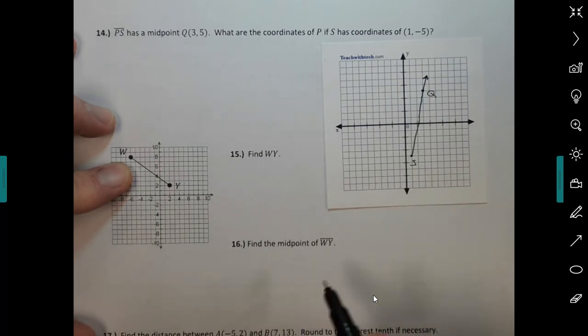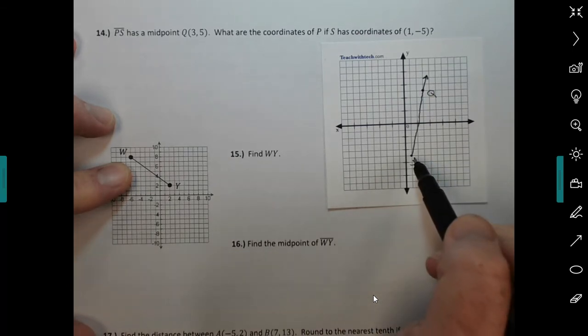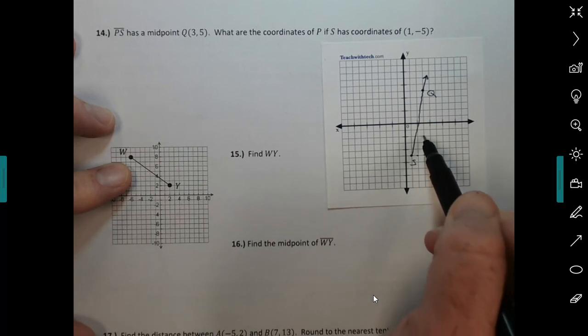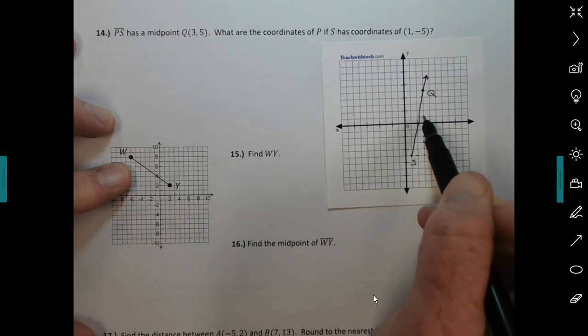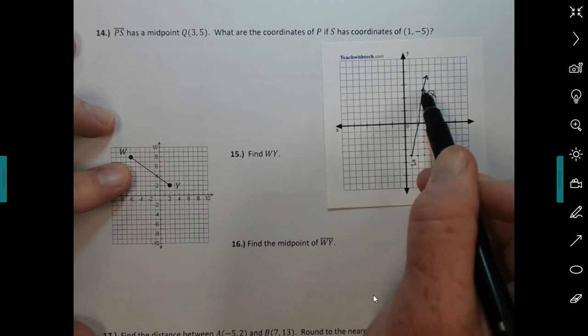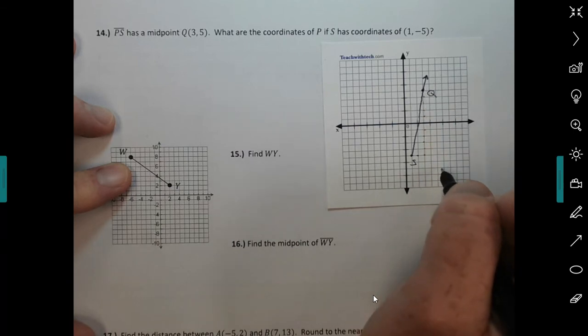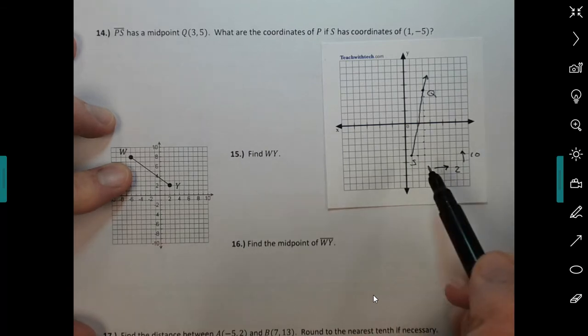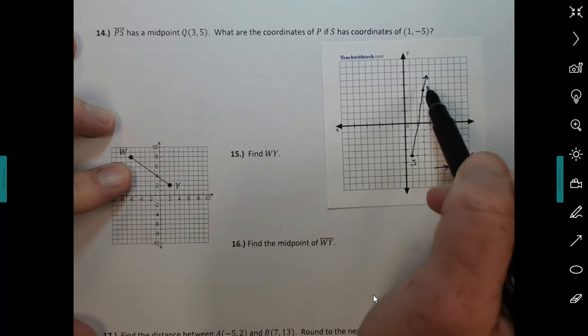All right. But the cool part is if I just count, if I run 2, if I go to the right 2 and then I go up 10, I get from one endpoint to the